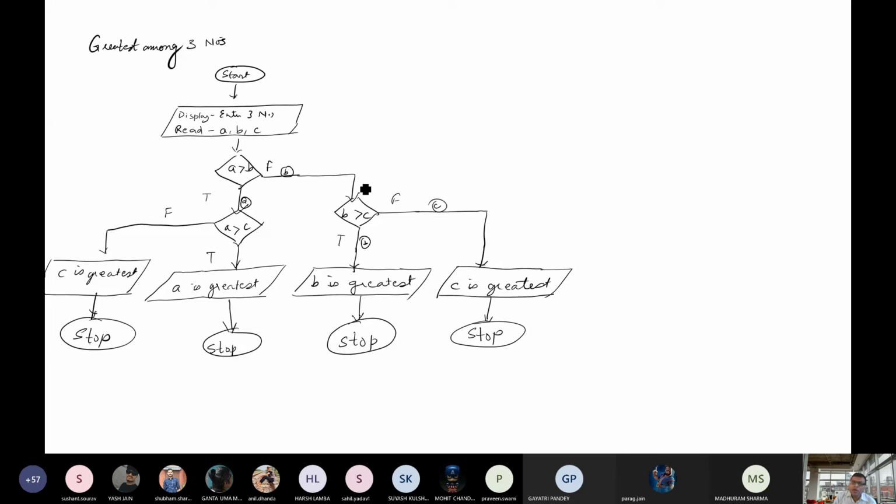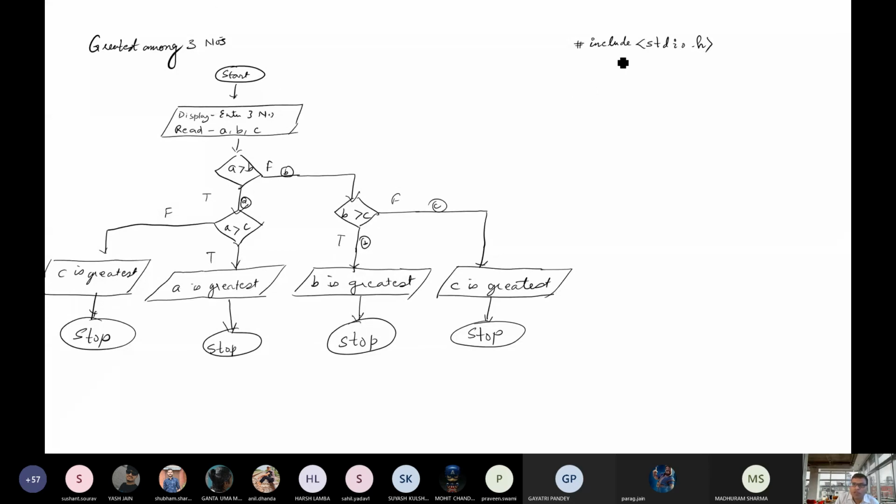See, the number of boxes indicates the number of ifs. I'm going to explain this program later on also. So start. For start, what do we need to write? Initially, we start with include stdio dot h.